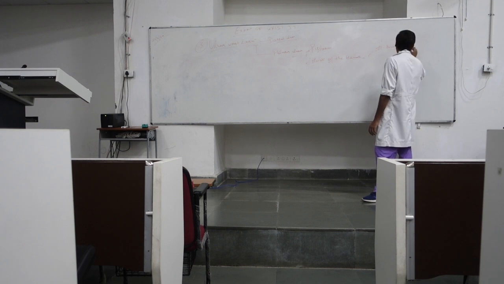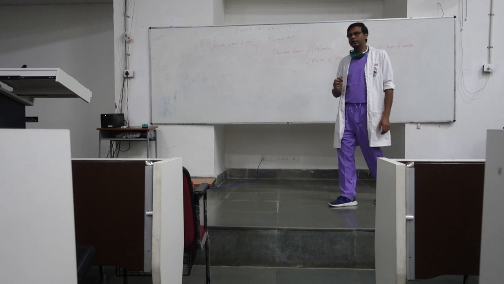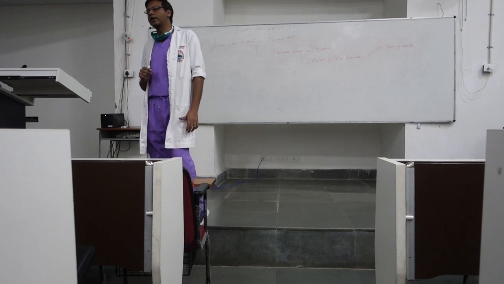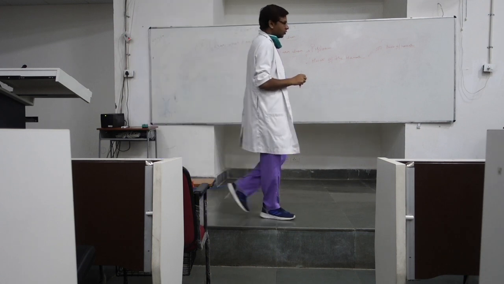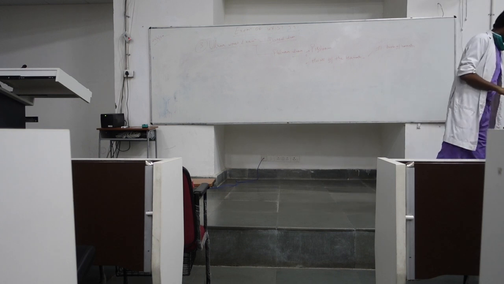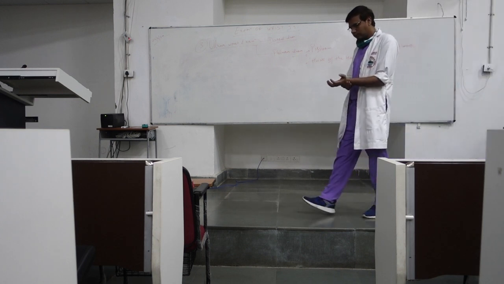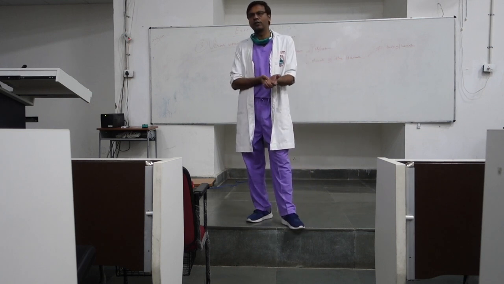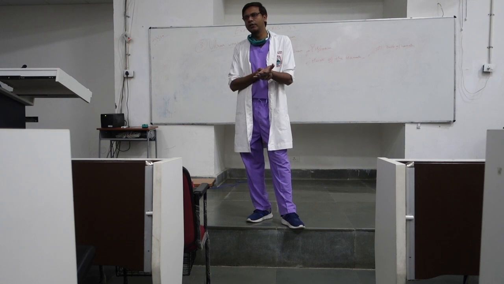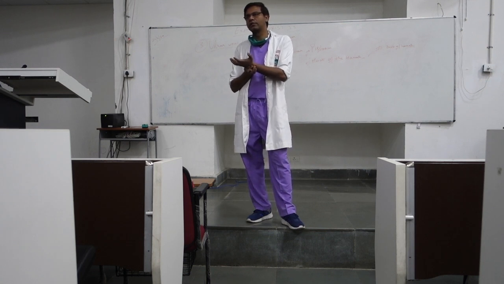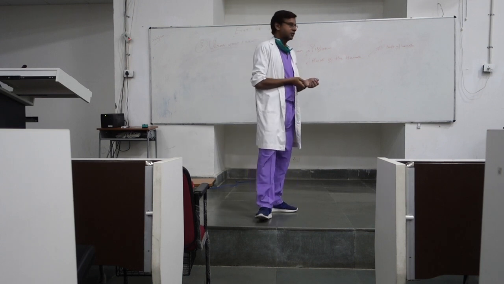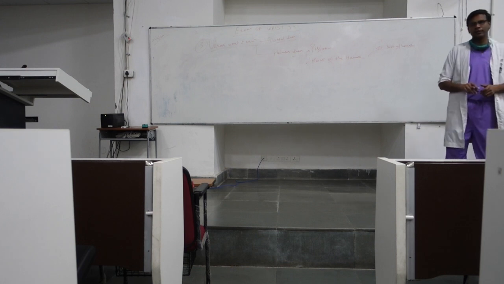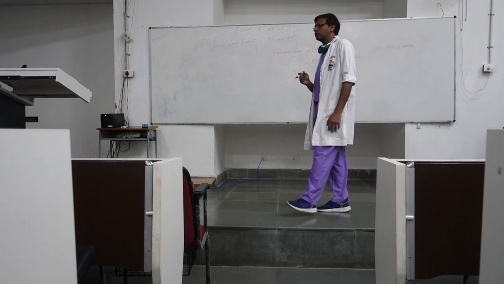Another important thing is that the deep branch of the ulnar nerve passes adjacent to the hook of the hamate. So a little bit proximally, if the patient is complaining of tingling or pain while pressing here for some time, then it means you are dealing with a case of ulnar nerve neuritis. Okay, may happen. Because the ulnar nerve, after passing through the Guyon's canal, goes adjacent to the hook of the hamate.